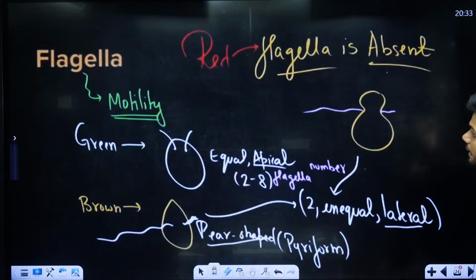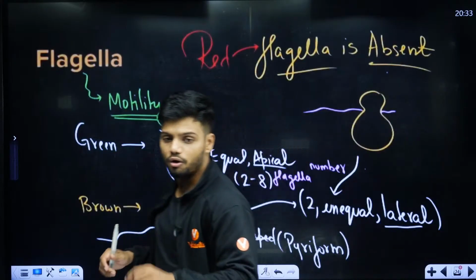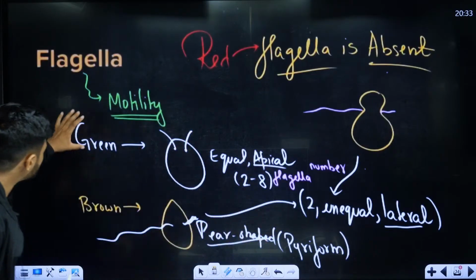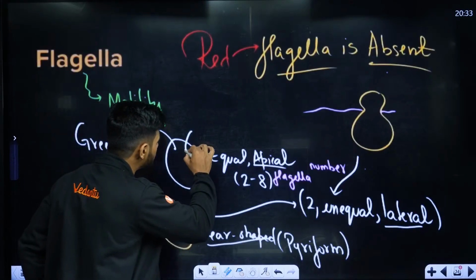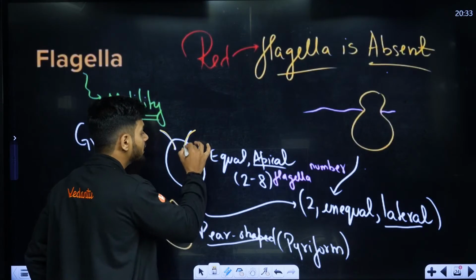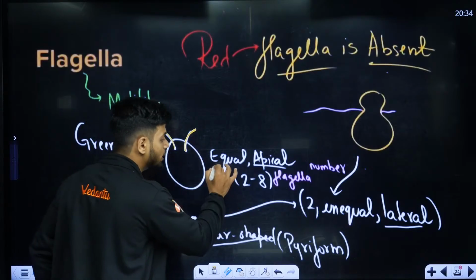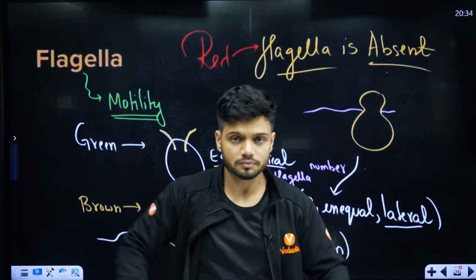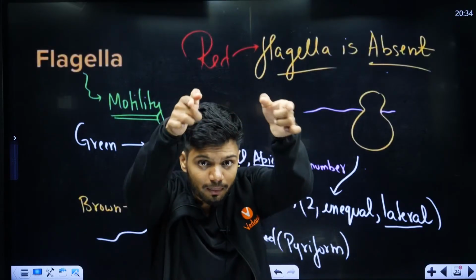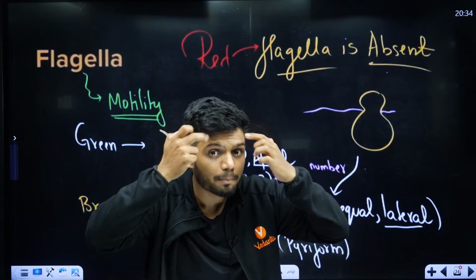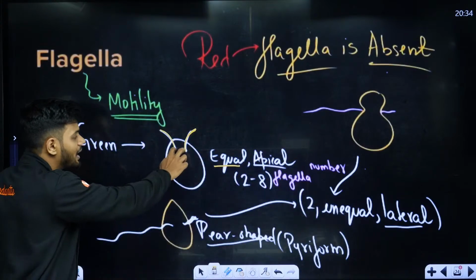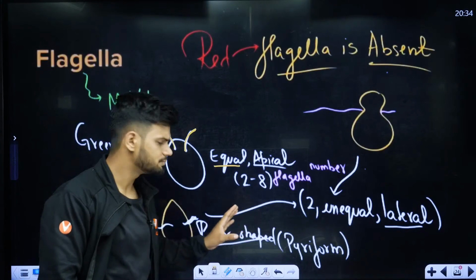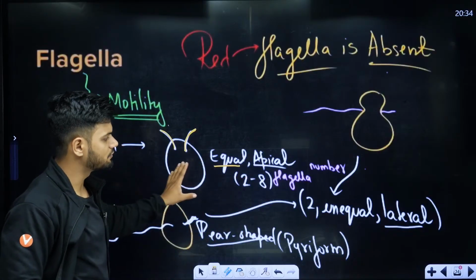Okay, students. Now next is called flagella. Students, all of you need to understand flagella will help in what? Motility. Now students, in the case of green algae, this is how the flagella looks. Here in green algae, the flagella are equal. Both are equal here. It is apical. Now what is the meaning of apical? See, this is the apex. From here the flagella comes out. This is called the apex. So from the algae's apex the flagella comes out, in gametes and in the organism also. Students, 2 to 8 flagella can be seen here.